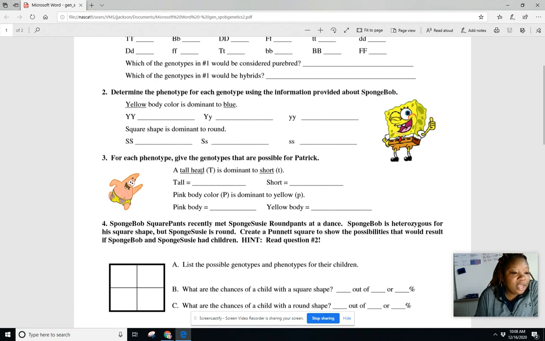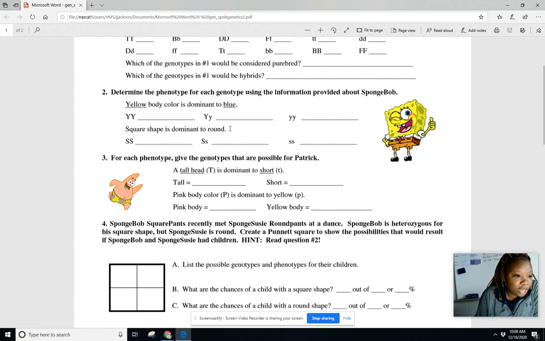So a tall head, big T, is dominant to a short head. So for a tall head, you can write big T, big T, comma, big T, little t, and that's it. Because those are the only 2 things that give you dominant combinations. And then short is going to be recessive, so you're going to write what over here? Little t, little t. Remember, you're always going to write them in pairs because you're getting one from your mom and one from your dad. I'm going to let you do